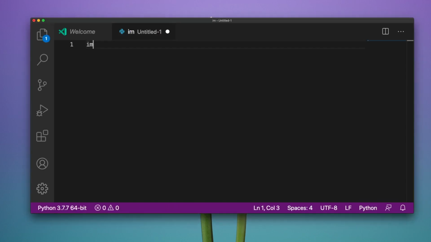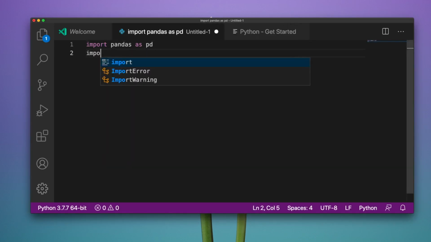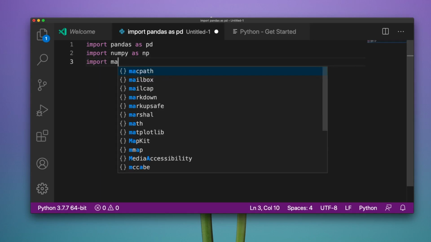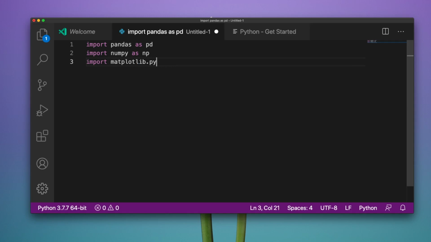So we are going to say import pandas as pd, and then import numpy as np, and then import matplotlib.pyplot as plt. So you ideally have to import a lot of packages, and this is usually the stack that everyone follows. So this keeps on happening.